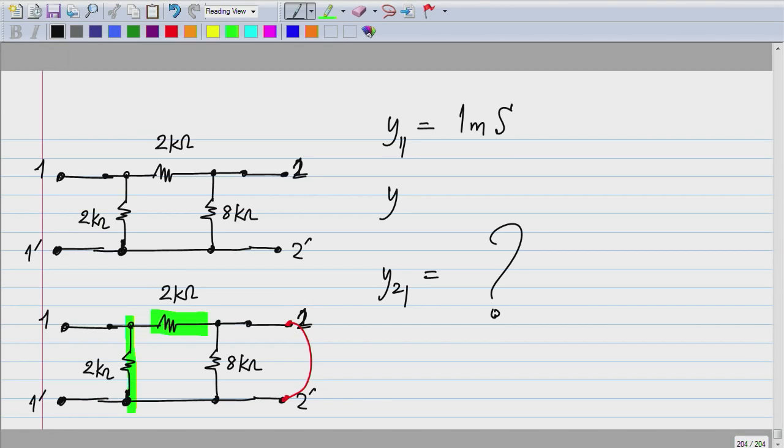I think a couple of you gave the right answer immediately. It's 1 millisiemens again. But one of you has said it is 1.6 millisiemens. I'm not sure how you got it, but that is not correct, because